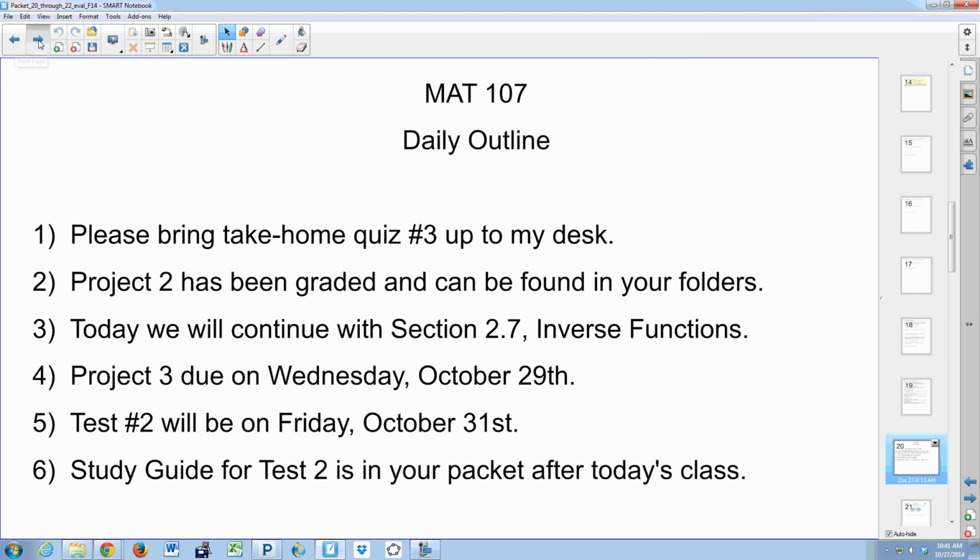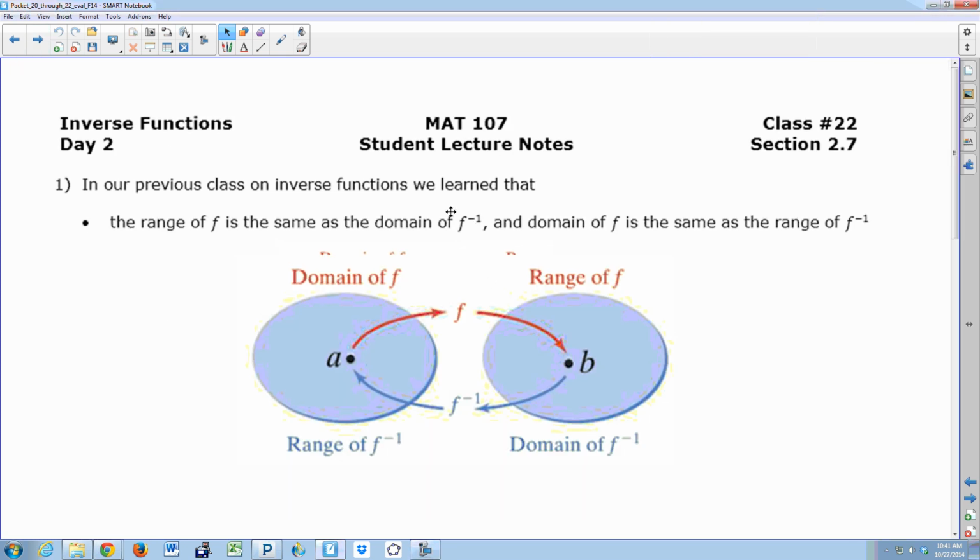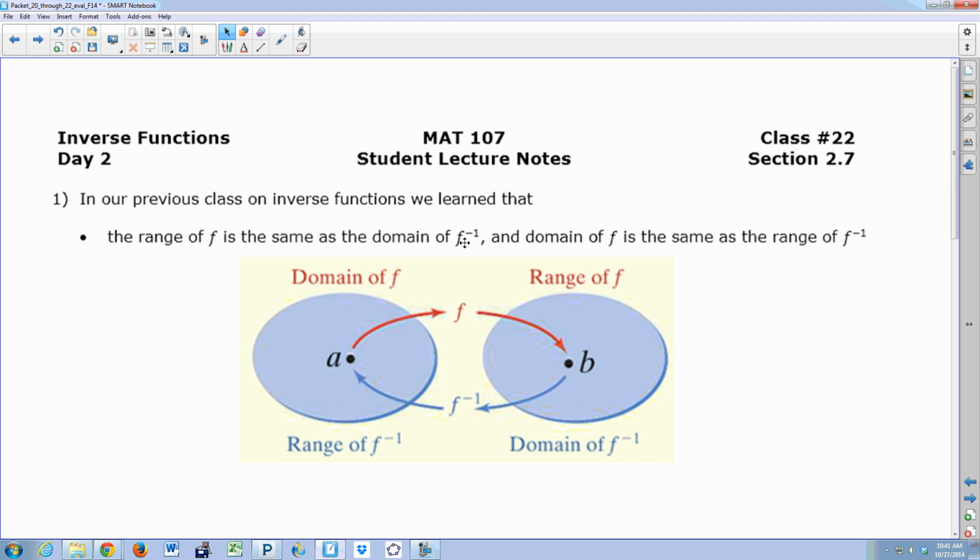What we did on Friday, just as a quick little review for us here. So I want to start us off here, Andy, with number 1? In our previous class on inverse functions, we learned that the range of f is the same as the domain of f of